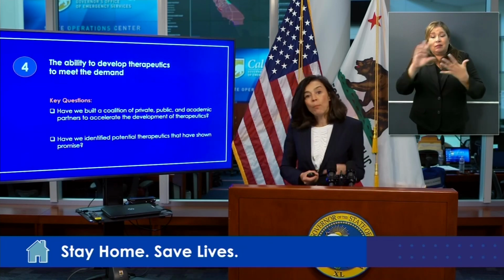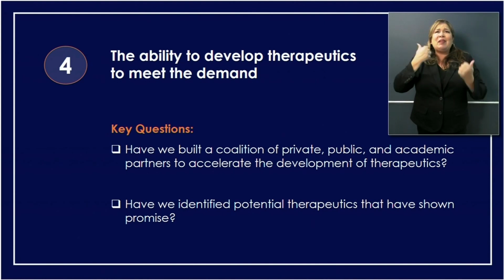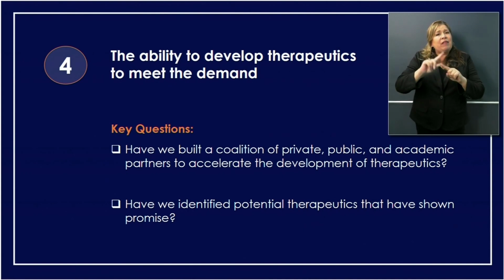We feel like this is an important place for California, of all states in particular, to be engaged in this because there is so much innovation and advancements in our medical community here in California. So we have a unique opportunity to collaborate and make sure that these therapeutics continue to evolve. They're important